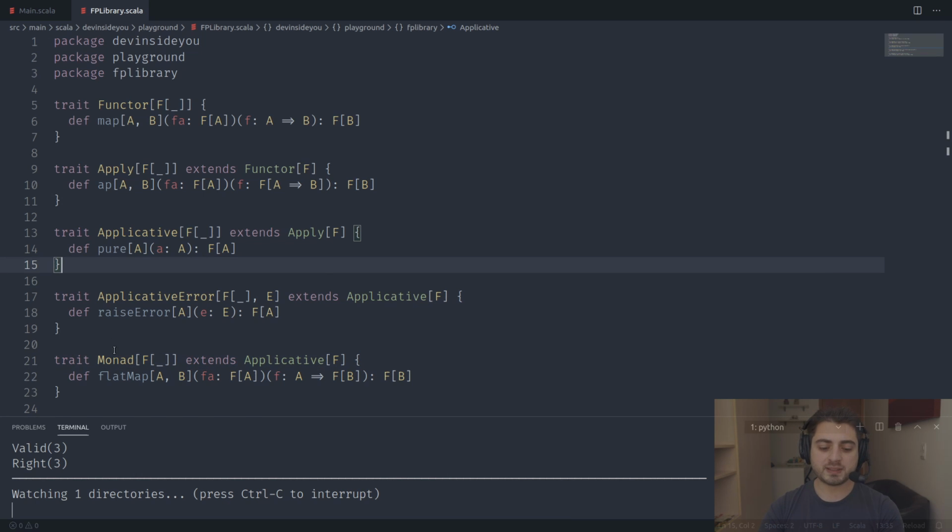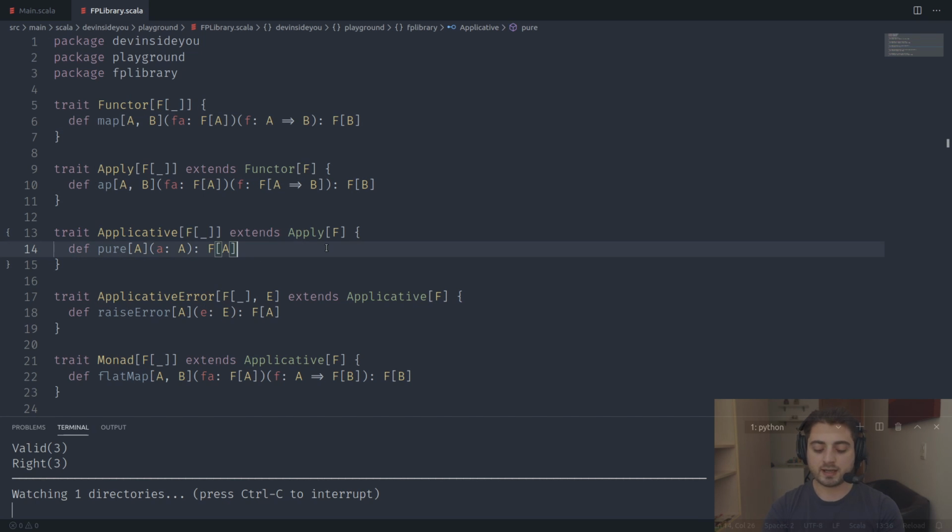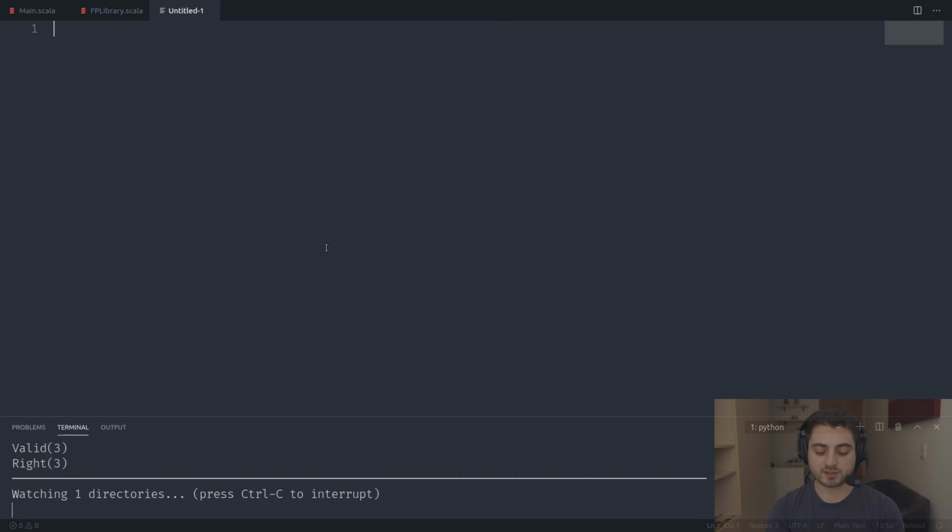Okay, so basically, I'm going to define a monad for options, so that you can better visualize the implementation for map, and especially for app. All of the others are going to be very simple. Okay, so I'm going to call it monad for